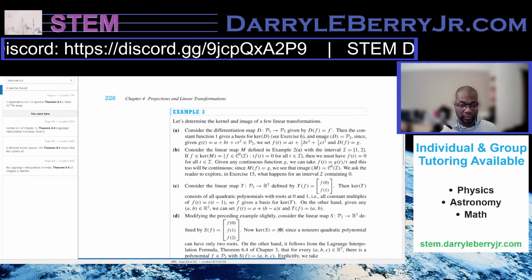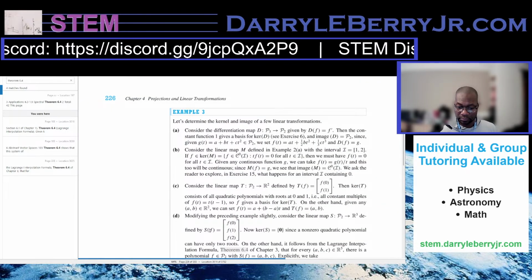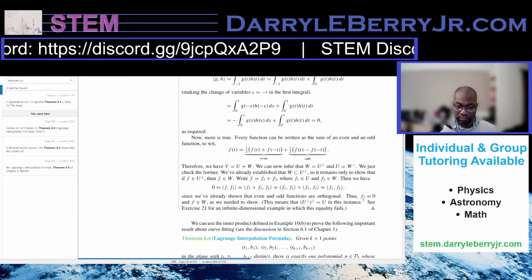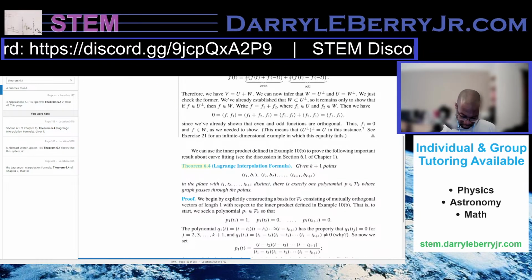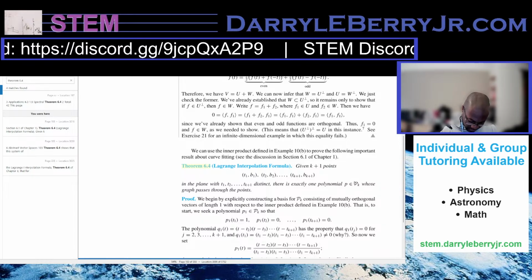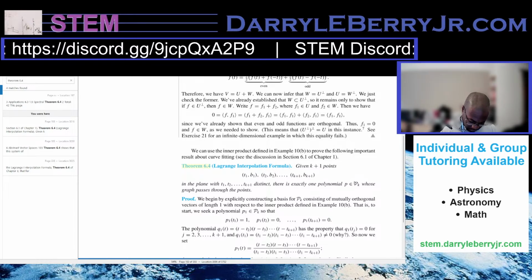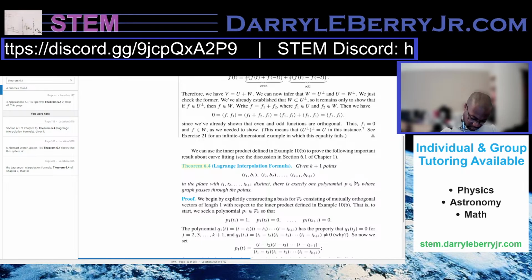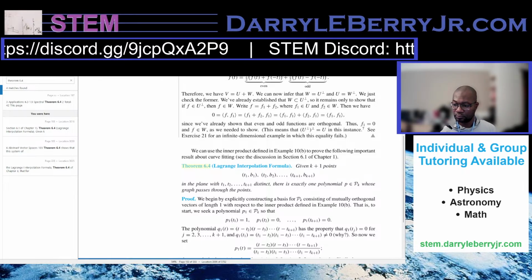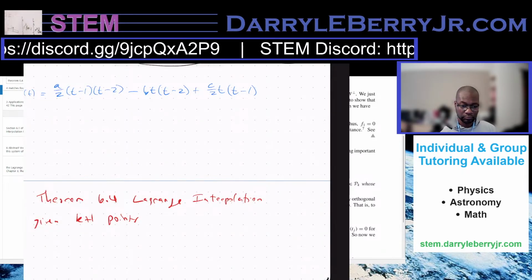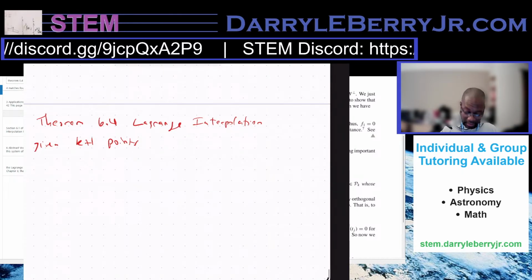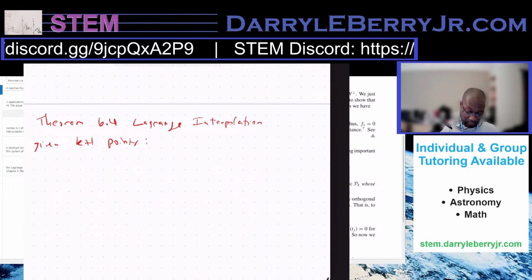And it did say Lagrange interpolation, right? Just making sure. So it says, given k plus 1 points,